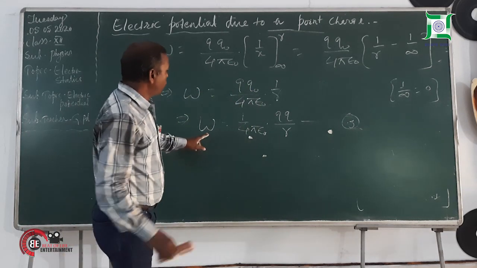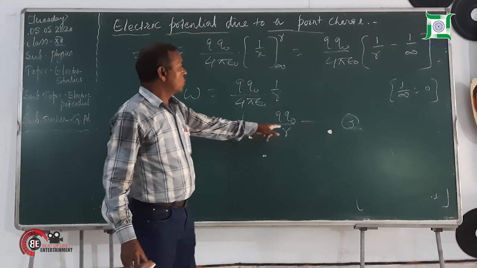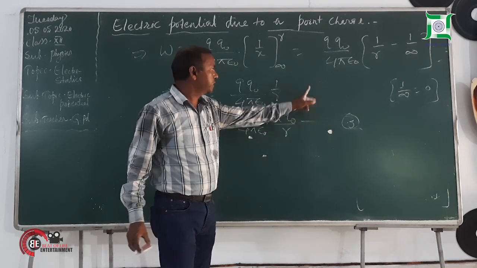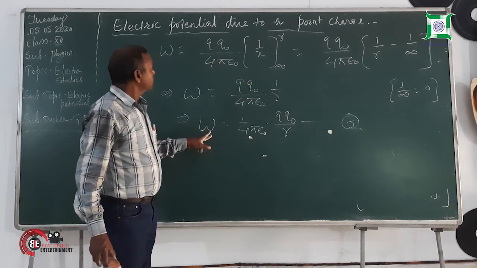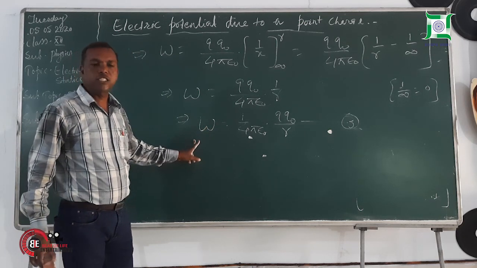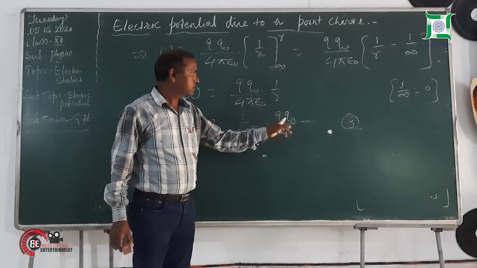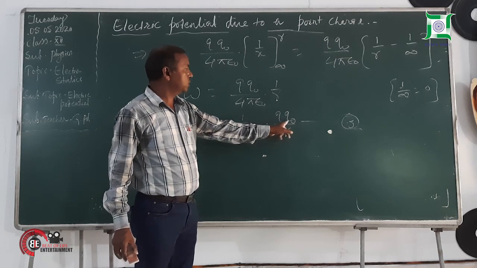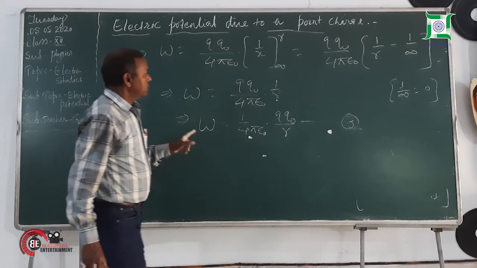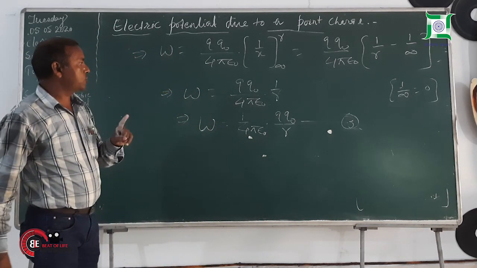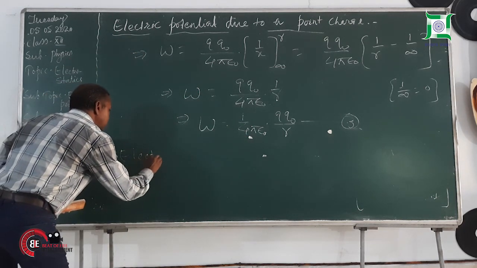This is the amount of work done in moving the test charge q naught from infinity to the point P. So the electric potential is defined as the amount of work done in moving a unit positive charge. Here we have taken test charge q naught from infinity to the point A. So if we take unit test charge q naught, then the electric potential